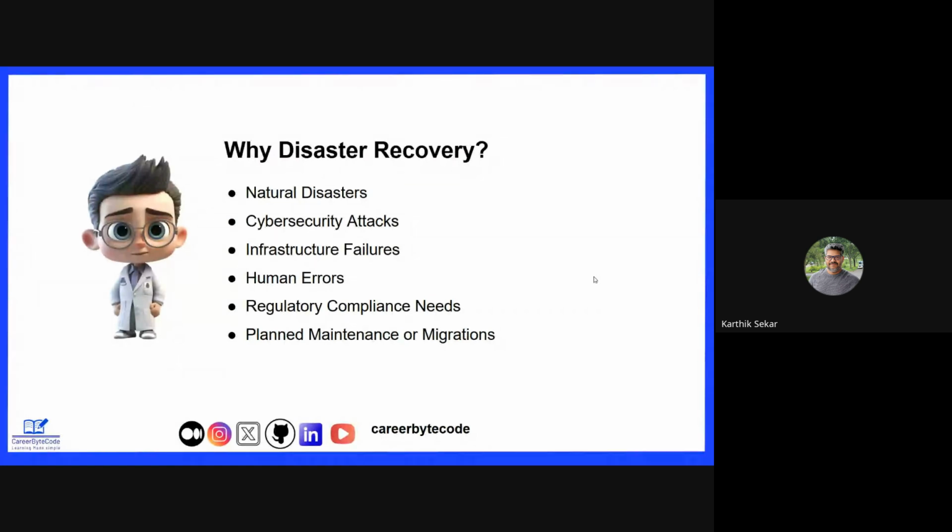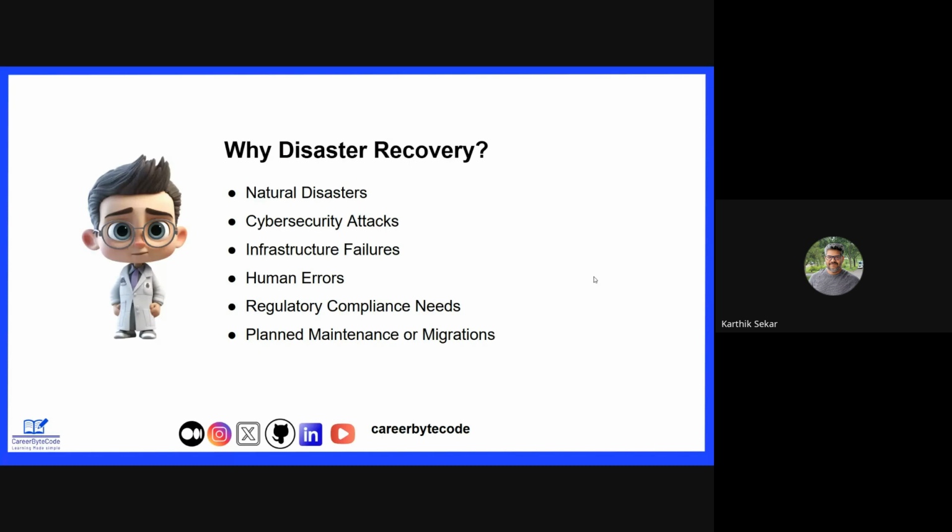The third is infrastructure failure. When we say infrastructure failure, it is like when the server collapses, when someone unexpectedly unplugs something, or when the server rack falls down. And then human errors. Human error means when an admin unexpectedly deletes the data, or misplaces the storage disk. That is also a reason, and that will also cause issues.